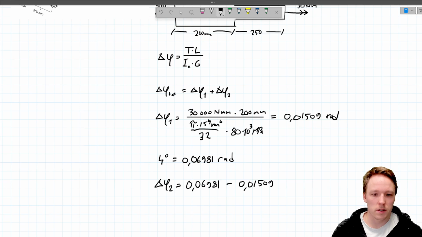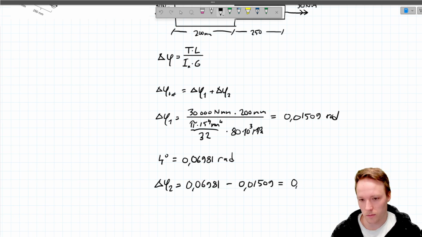This one here is the maximum amount of twist that we want, and this one was the amount of twist that we are going to get from section 1. So what is left is the amount of twist that we actually want to get from section 2, which is 0.054